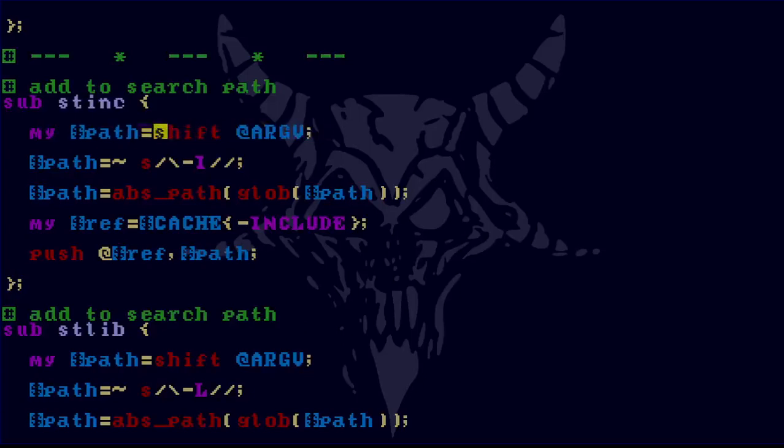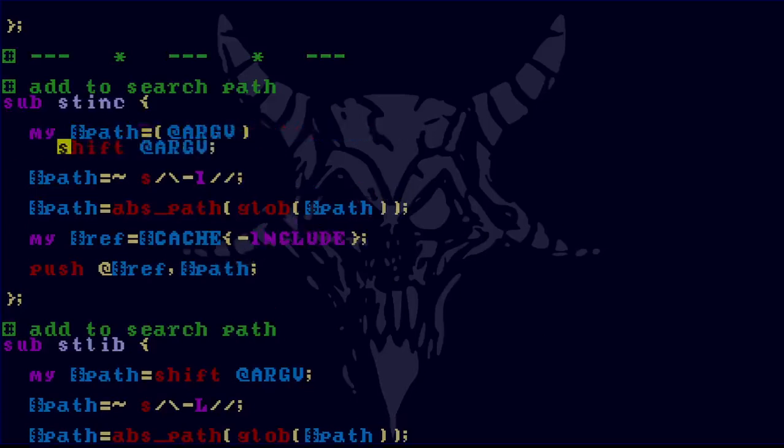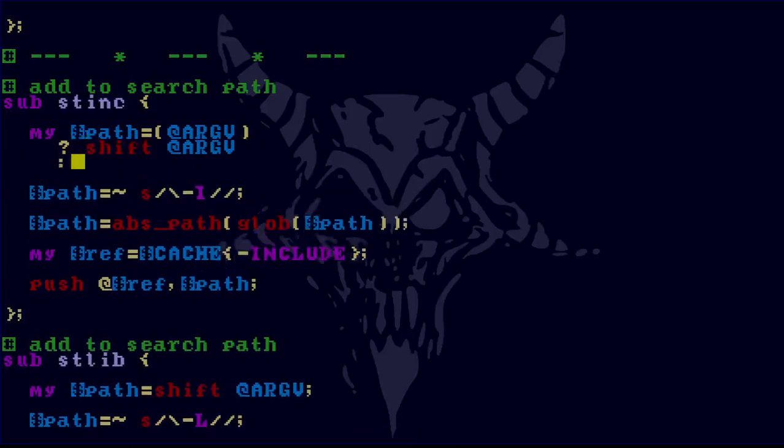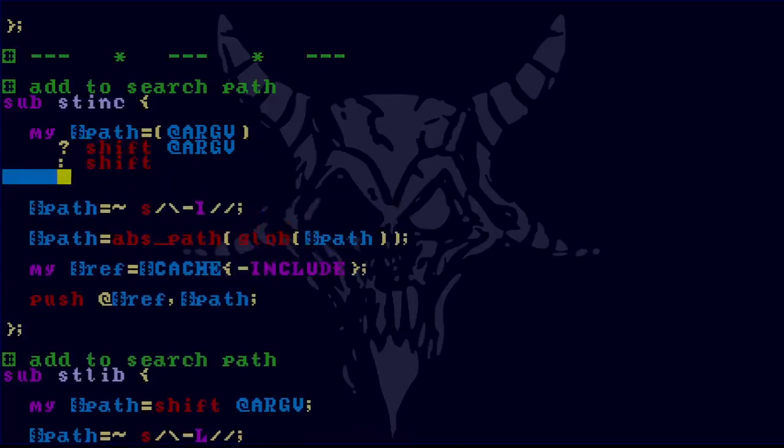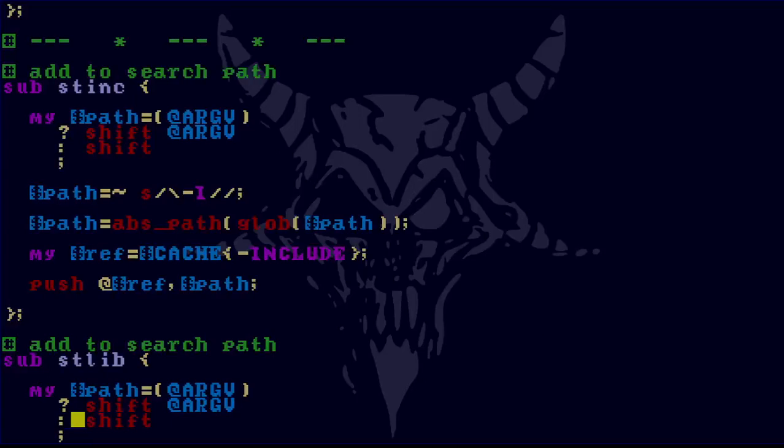Well, let's do it like this. If argv, oops, if so, else, just a regular shift, and that's that. Okay. So this is just the sugary way to do it. This is effectively an if else, right? Yeah, it should be an if else. And